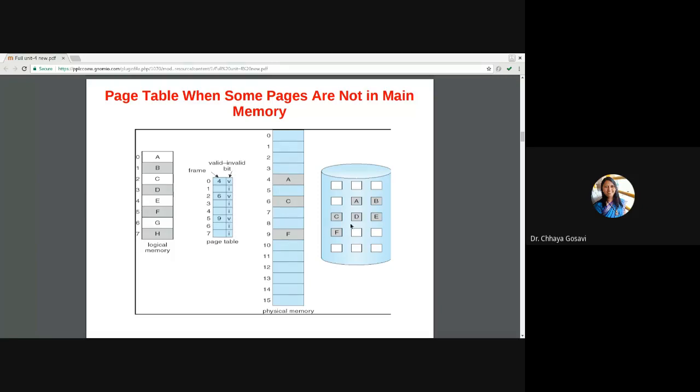Now we bring page D, that is page number 3, into main memory at the same frame. We have to use the same frame because we have created that space for the new page. So page D is swapped in from backstore to main memory. Now for page number 3, put 9 here. That is, page 3 is now loaded into frame number 9, and convert this I, which is invalid, to valid. Is it clear now?